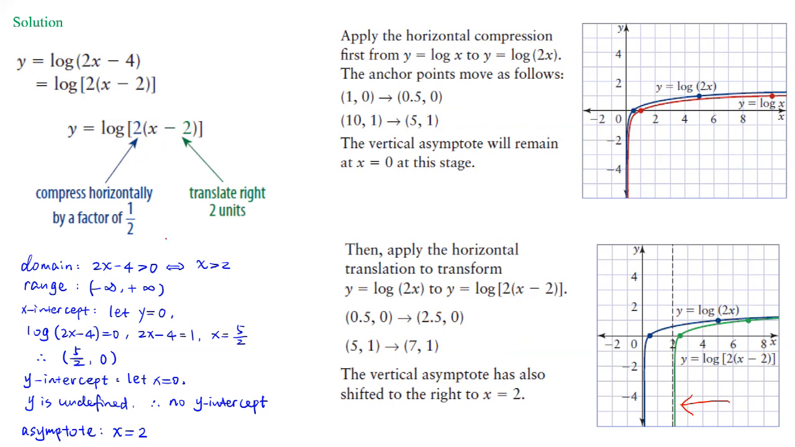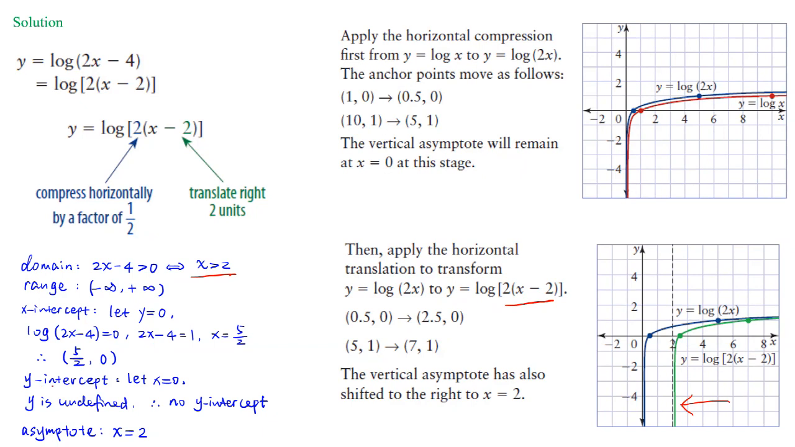And now let's look at the domain. Domain: 2x minus 4 must be greater than 0, right? So that means x must be greater than 2. This is our domain. Range: of course, the range is the whole real number set, which is negative infinity to positive infinity. And then the x-intercept: we can just let y be 0 and solve for x here, which is